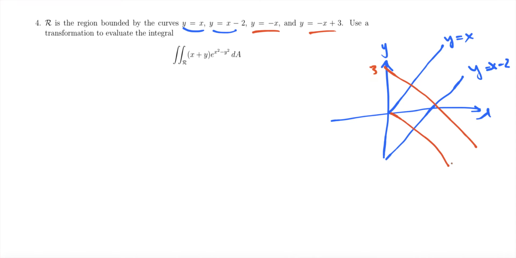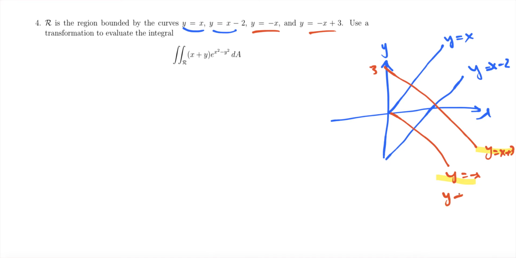That's 3. And it seems like naturally, let's see, if I get these two and do